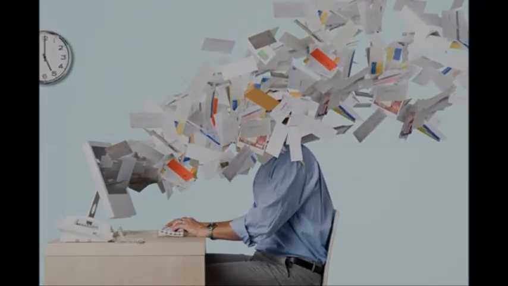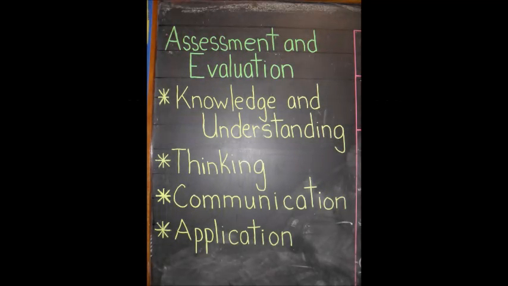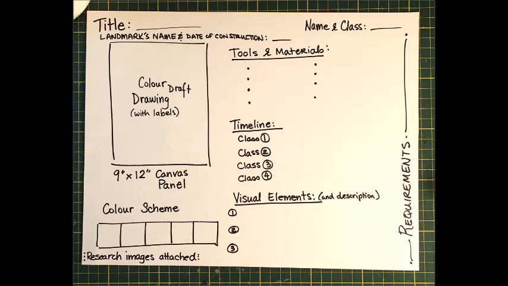Now, my criteria for the visual art will be for knowledge, depth and thoroughness of research and how it is reflected in your work, and your ability to follow correct proposal format. For inquiry, creativity in selection and use of your visual elements. For communication, the arrangement and expressiveness and clarity of visual and written elements. And for application creation, skillful use of chosen media. Now let's take a closer look at the proposal format.